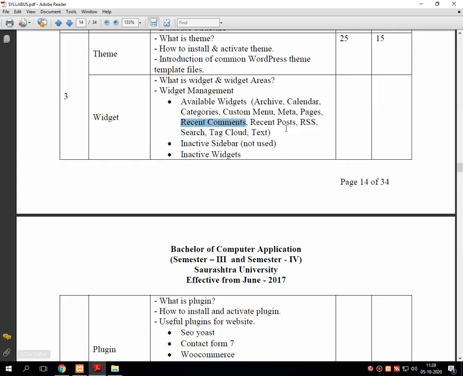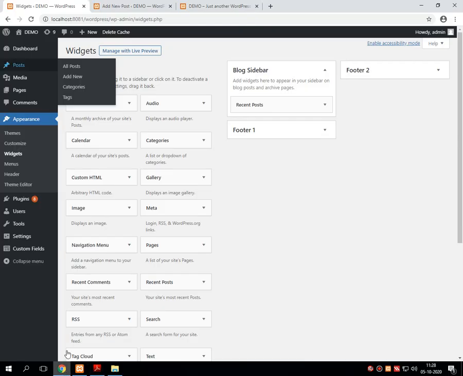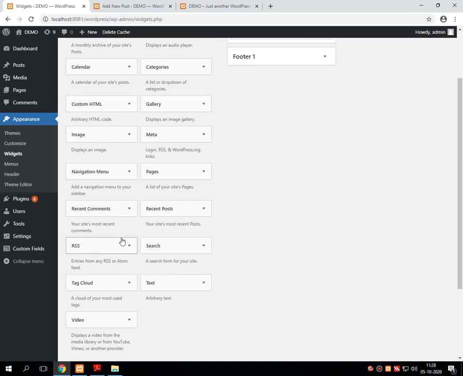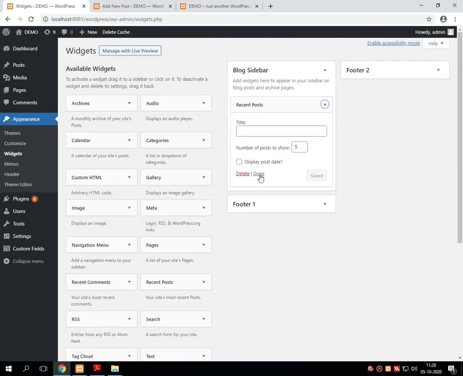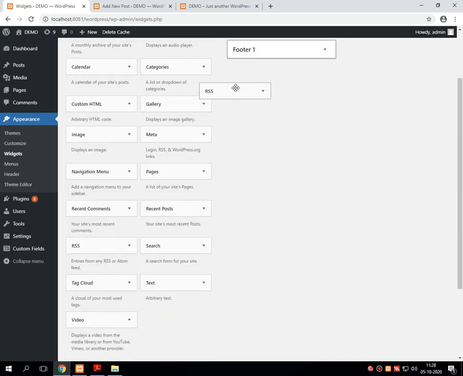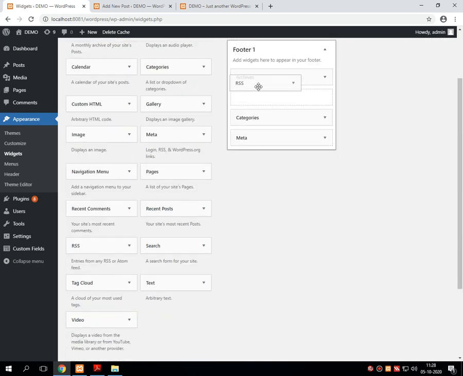Now let's go for another widget, that is RSS. I'm removing this recent post and putting this RSS over the footer.